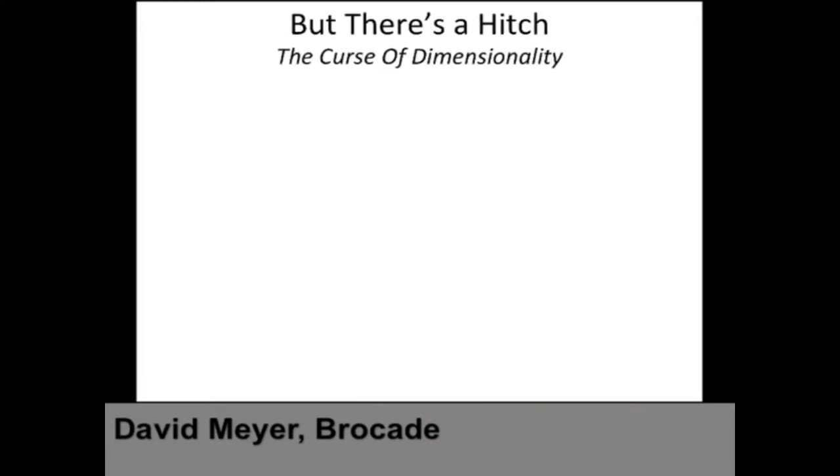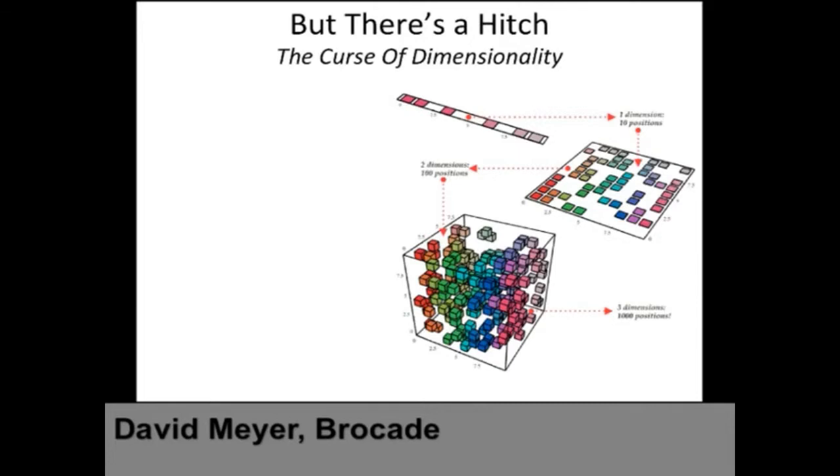So there's a hitch. Let me show you this quickly. It's called the curse of dimensionality. It's a famous thing in statistics and machine learning. And basically, you can see it here. Suppose you have a linear thing, 1 dimension, you have 10 spaces, you have 1 point. So you got 1 in 10, right? Now, if you put it into 2 dimensions, now you got 1 in 100. You put it into 3 dimensions, it's 1 in 1,000. So what you can see is that the space is growing exponentially in the number of dimensions. And you guys know that anything that grows exponentially means you're in trouble somehow. So you have to stop that or learn how to do something with that.